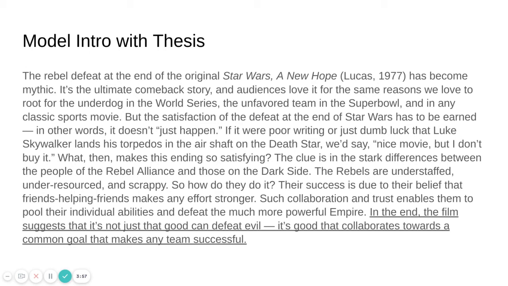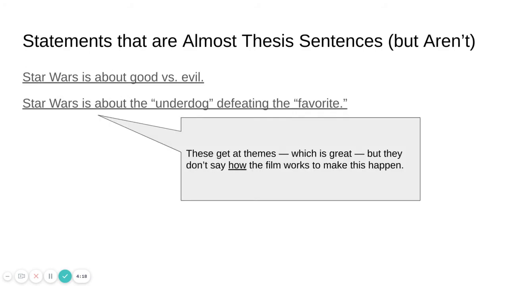So I go from the very broad to the very specific, and I'm making a very specific and unambiguous claim or argument. What I mean by argument is it's something that I have to argue in the legal sense of it, where I have to pull in evidence and persuade you with very good evidence that my position is credible.